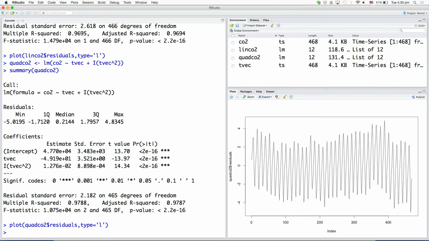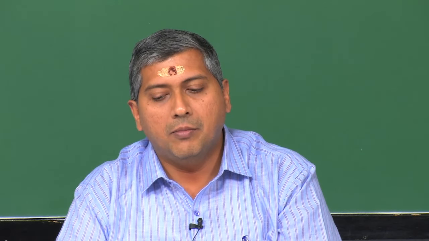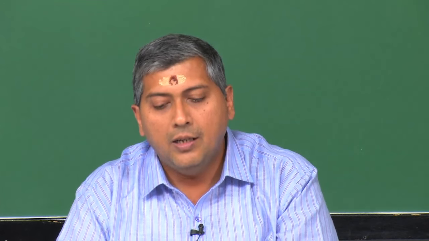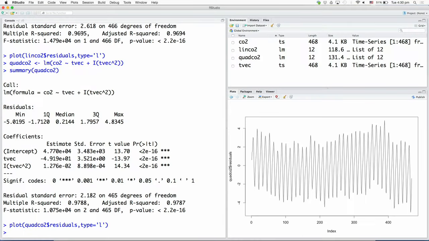For now, we shall assume that the quadratic trend is the only trend, but you should go further and fit a cubic trend. We will assume that the quadratic trend is the only one and analyze the residuals. Now, when we look at these residuals here, we can clearly see an oscillatory behavior, which means we can now try to extract the frequency of this oscillation. That means the CO2 level has a periodicity to it, it repeats itself after a certain time. Now, how do we extract the frequency?